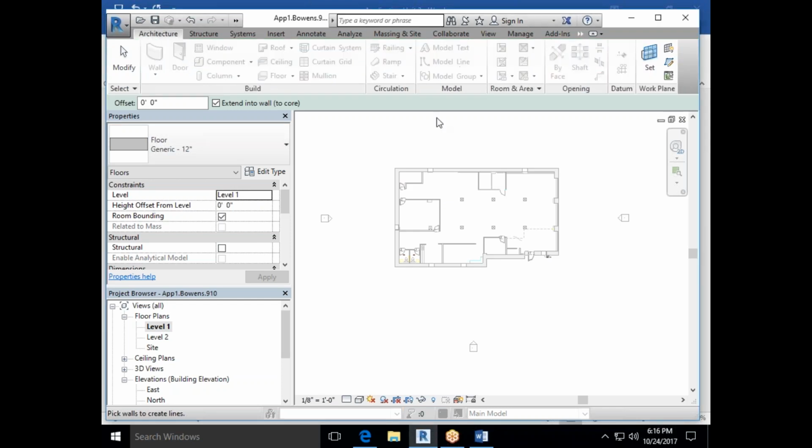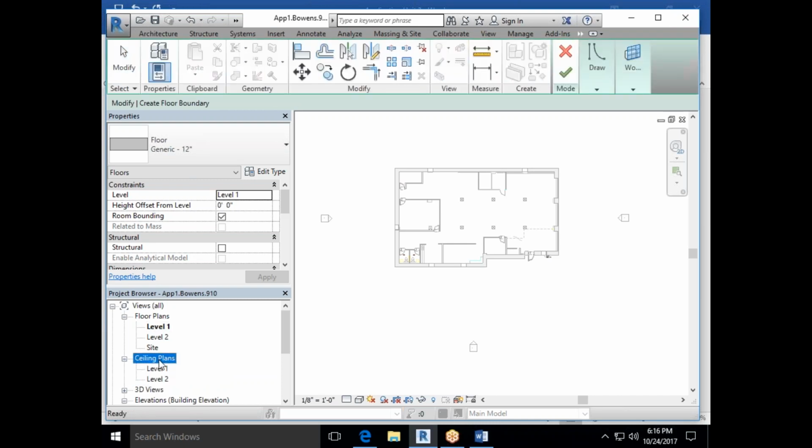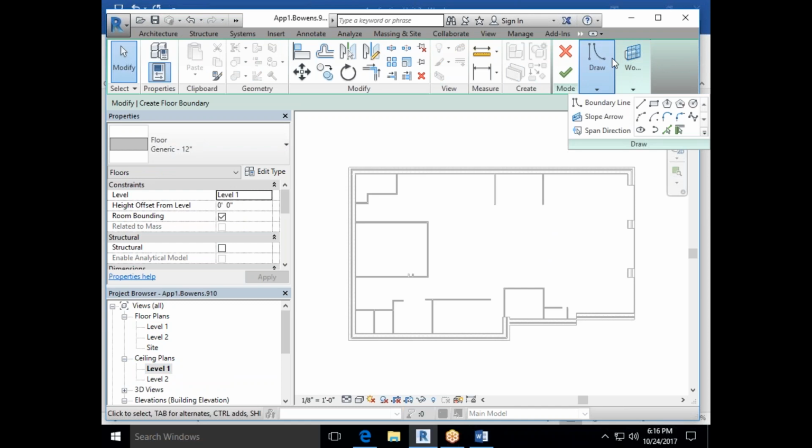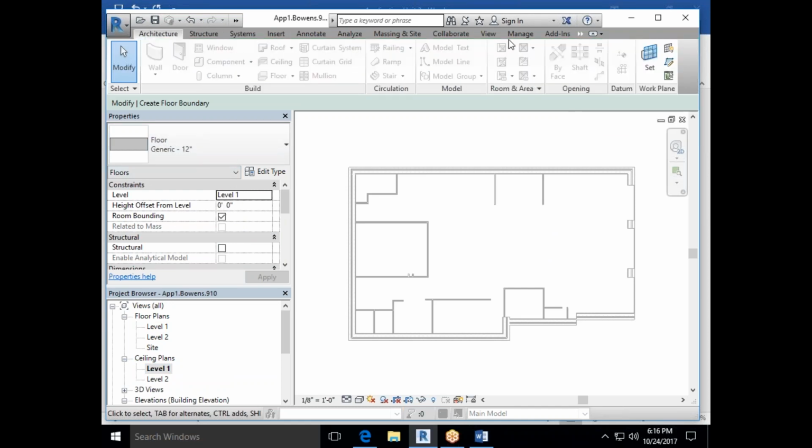So when we were in architecture, let's go back. We were in ceiling plans, level 1. Right, when we're in here for our architecture,